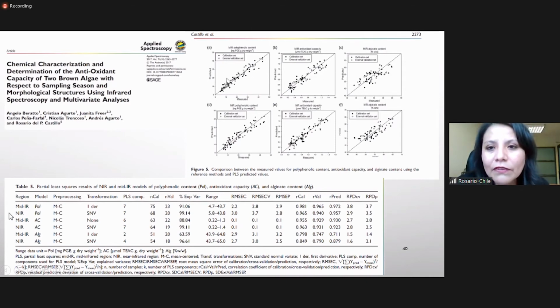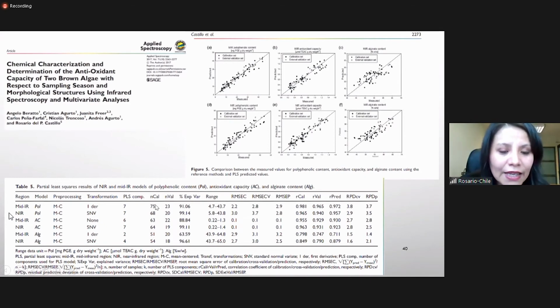The first are the mid-infrared models, and then the NIR spectroscopy methods. So we can see here one table describing the errors of our models, and here we have, for example, the content of polyphenolic, antioxidant capacity, or alginate compounds with a pre-processing transformation using the number of latent variables or PLS components, the number